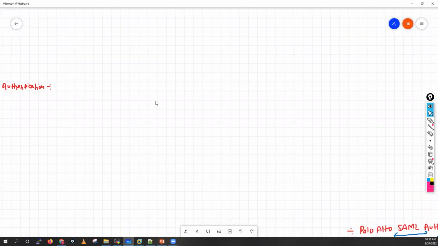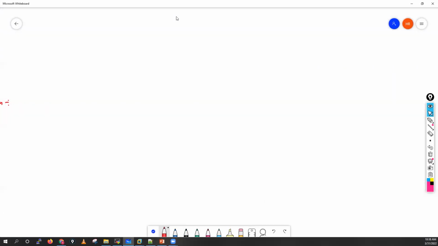And let's discuss the SAML component. So in the SAML component, basically, the first component is your service provider. So what I will do, if I draw one diagram,